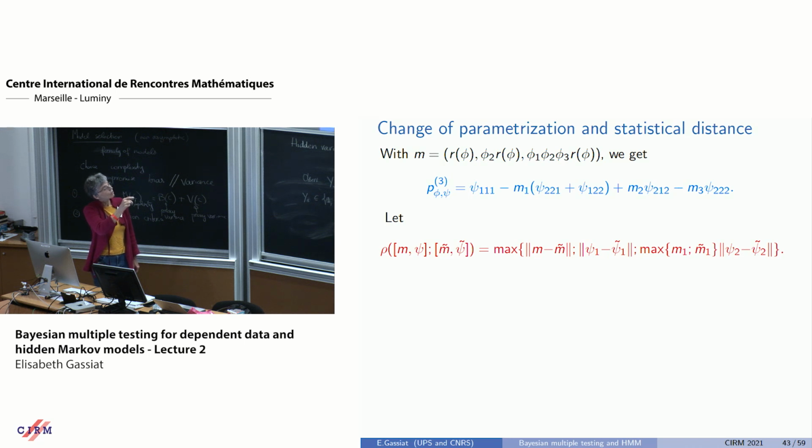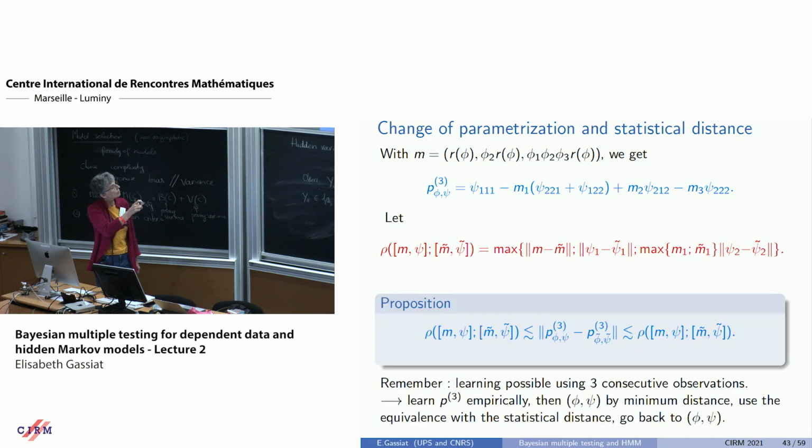And this is what tells the story about what you need to understand rates, because you can prove that indeed this is the distance between parameters that explains well the distance between three consecutive distributions of three consecutive observations. So you can call it some statistical distance. It is not a distance, it is a pseudo distance. But since you have equivalence,